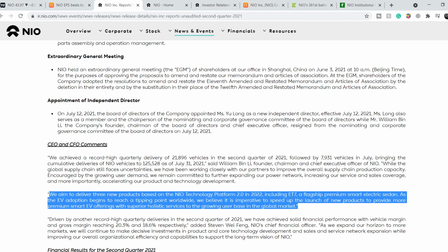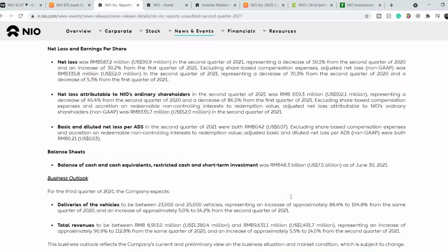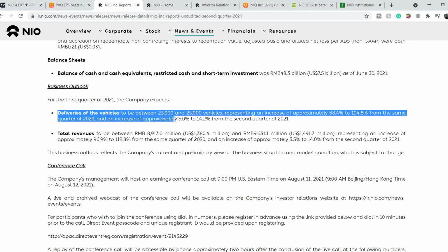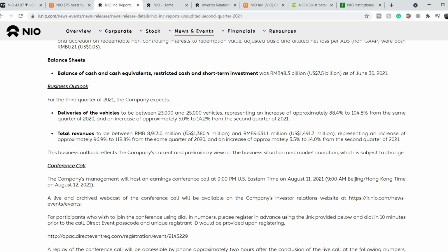So, let me show you their expectations for Q3 2021. The company expects deliveries of the vehicles to be between 23,000 and 25,000 vehicles, representing an increase of approximately 88.4% to 104.8% from the same quarter of 2020, and an increase of approximately 5% to 14.2% from the second quarter of 2021. Total revenues will be between $1.38 billion and